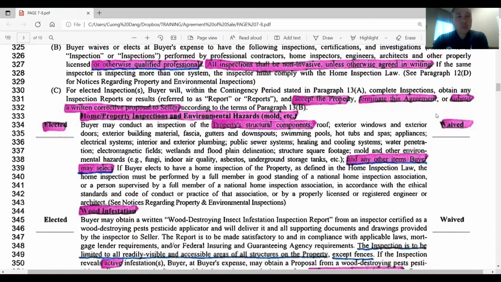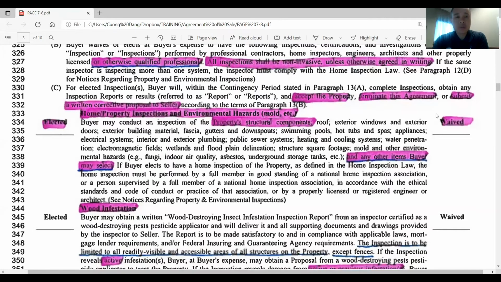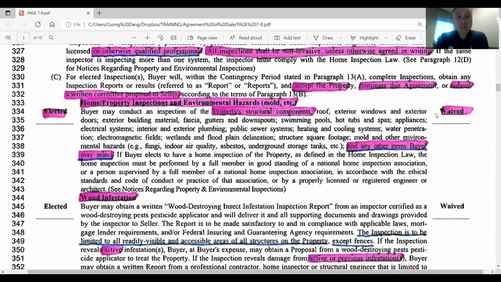So the first one is the home property inspections and environmental hazards, mold, etc. Buyer may conduct an inspection of the property's structural components, roof, exterior windows and exterior doors, exterior building material, fascia, gutters, and downspouts, swimming pools, okay? And I say that because a lot of people put swimming pools later on in that blank spot, but it's here. Hot tubs and spas, appliances, electrical systems, interior and exterior plumbing, public sewer systems, heating and cooling systems, water